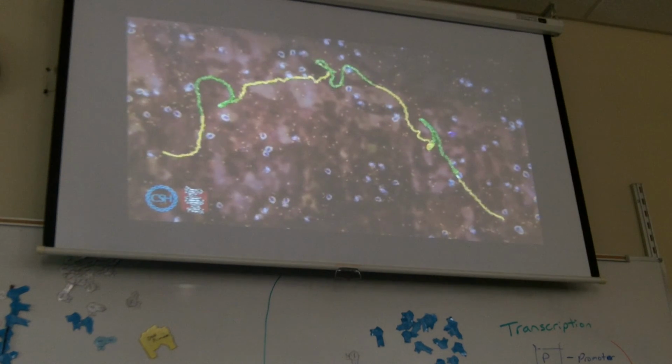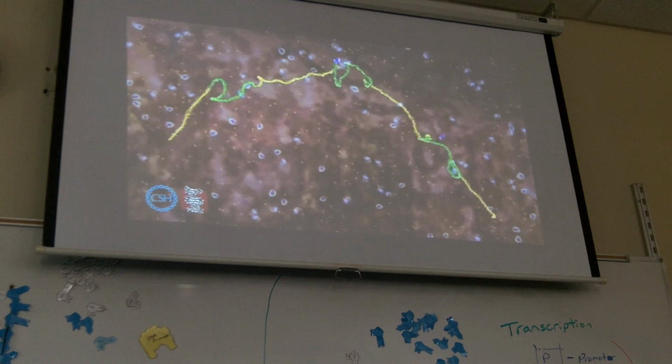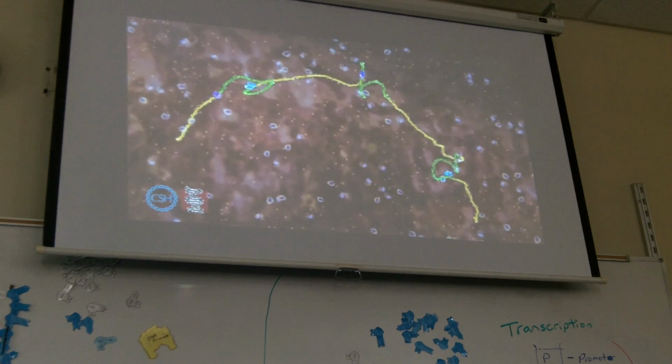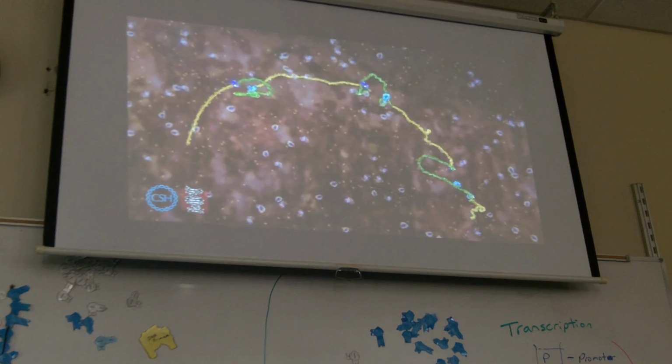This process is repeated for every intron in the RNA. Numerous spliceosomes, shown here in purple, assemble along the RNA. Each spliceosome removes one